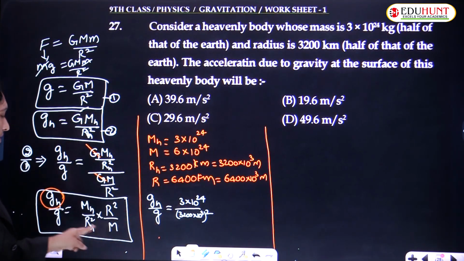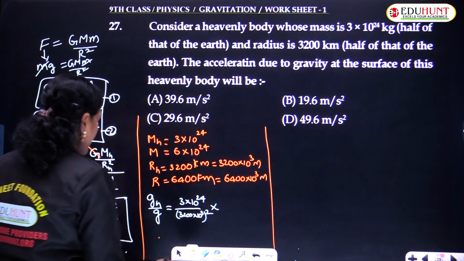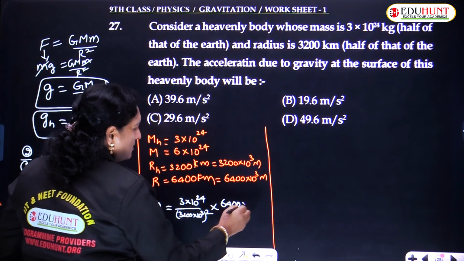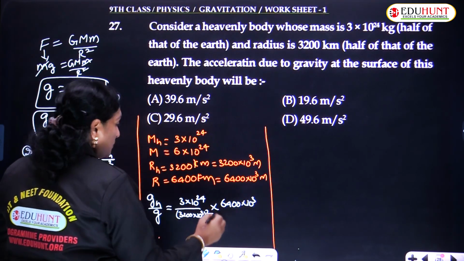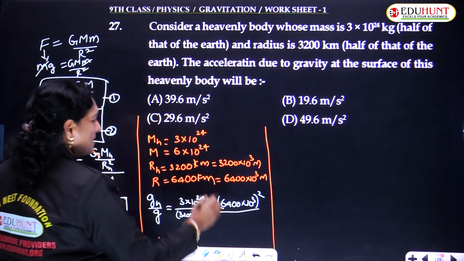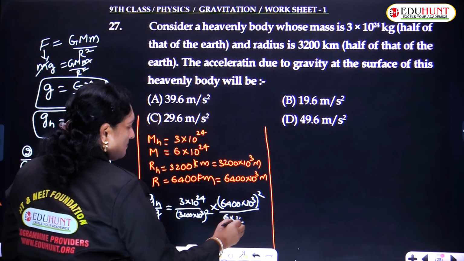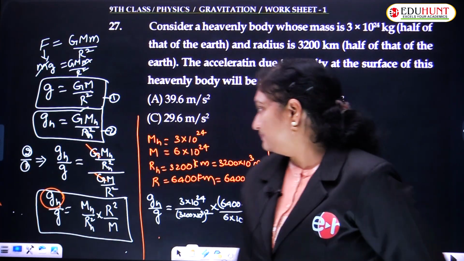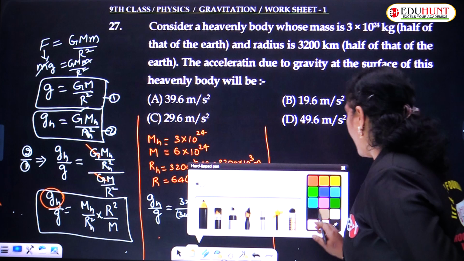I forgot to write it earlier. Multiplied by R square. What is R? 6400 into 10 power 3, square, upon M. M is the mass of the earth, it is 6 into 10 power 24. Okay, so, carrying forward,